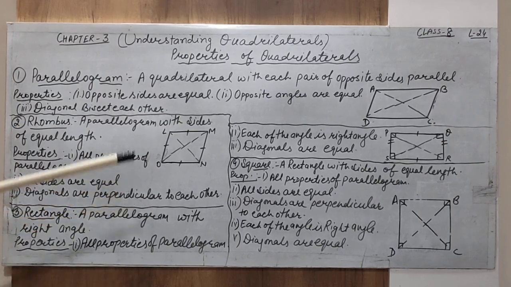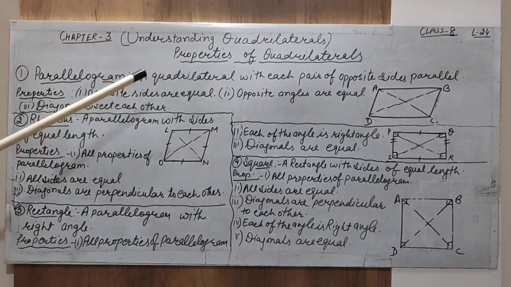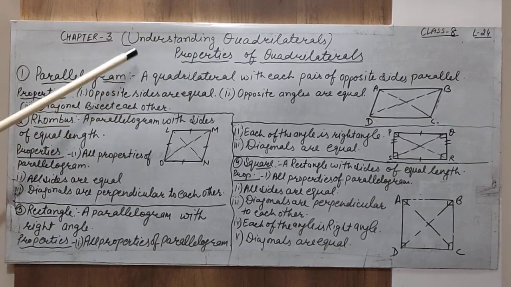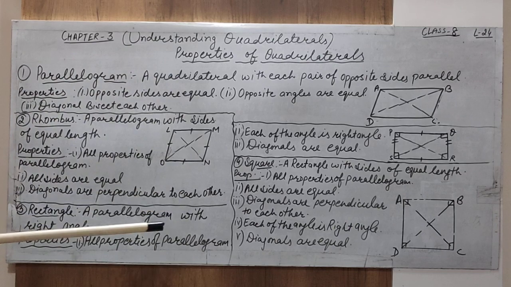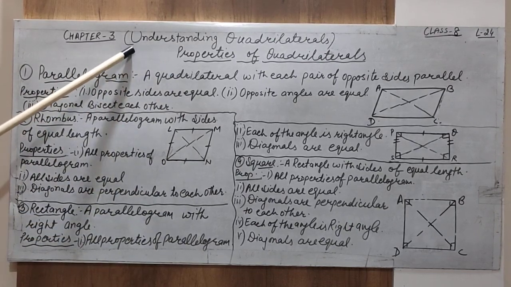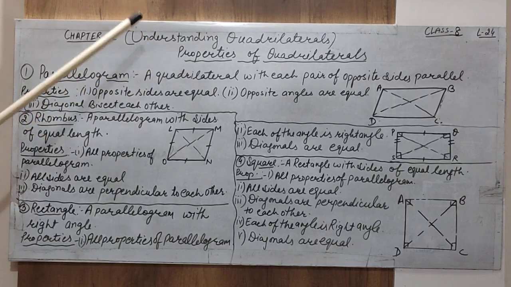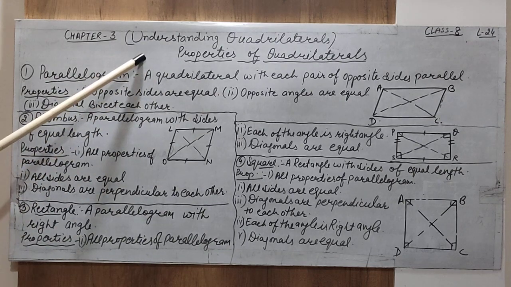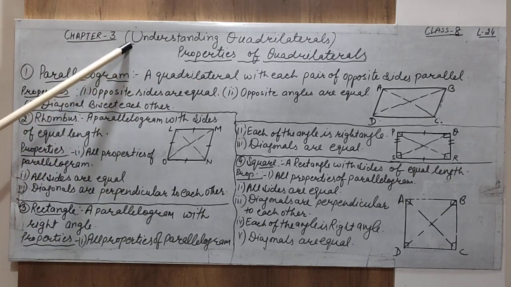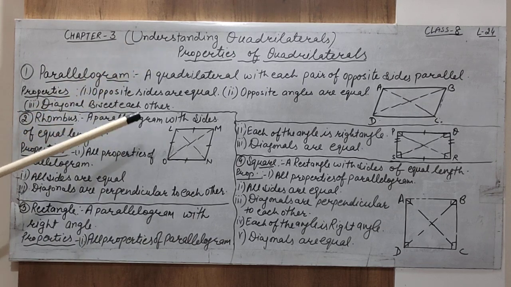Hello student, I hope you have understood quadrilateral polygons, their types, their classifications, and some formulas related to finding the diagonals in the polygon, the triangles in the polygon, the interior angle of the polygon, and the exterior angle of the polygon. Up to that, exercises 3.1 and 3.2 we have completed.